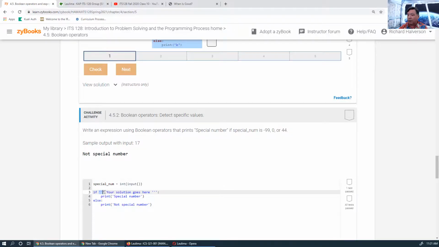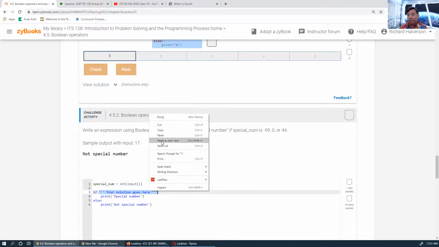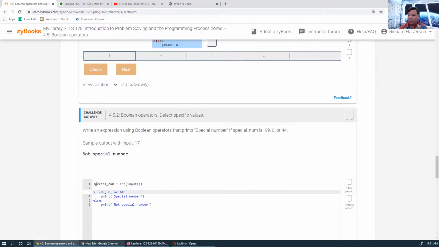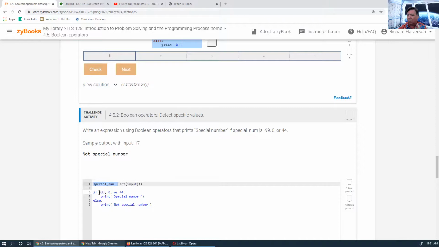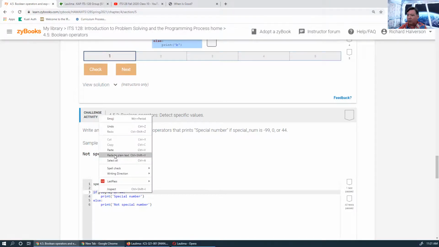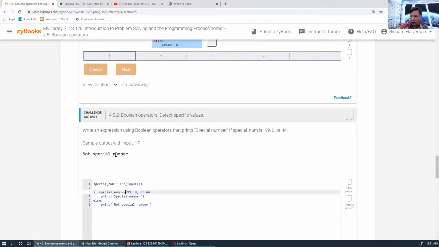I want to put it right here just to start. And then I'm going to put if special number, copy, if special number equals or